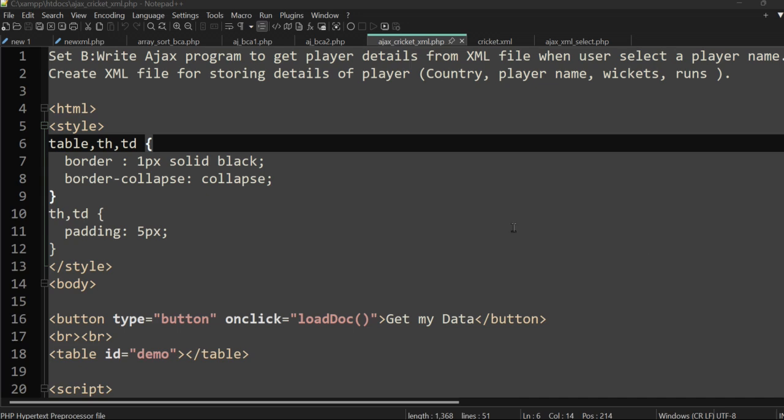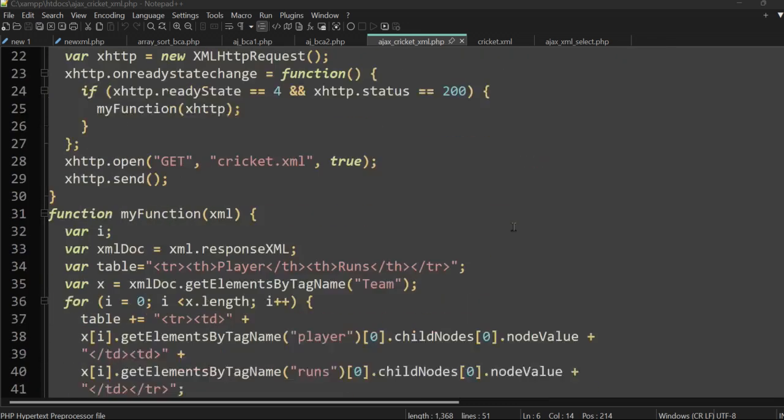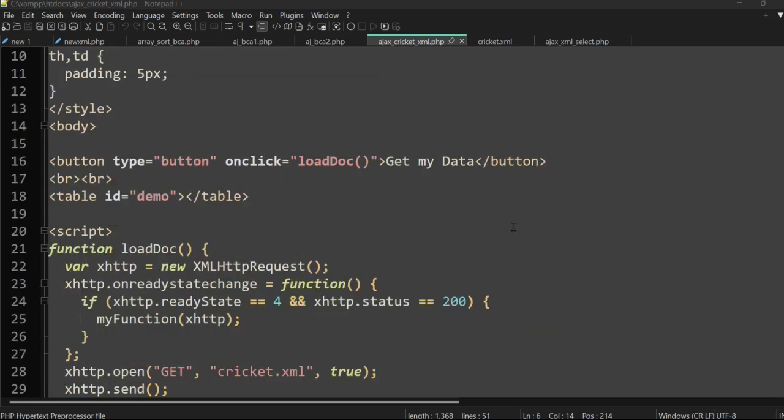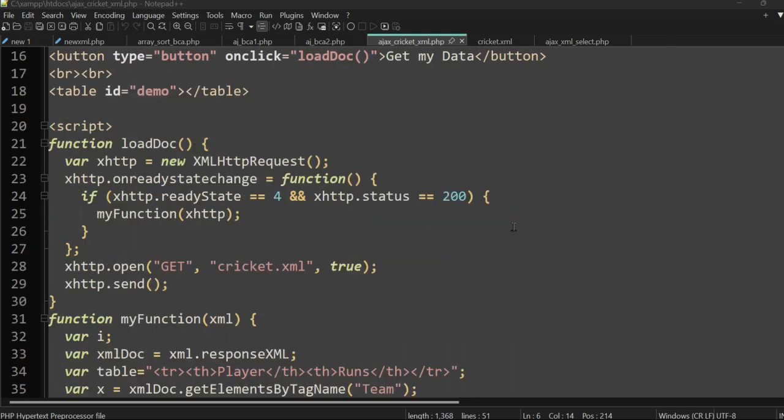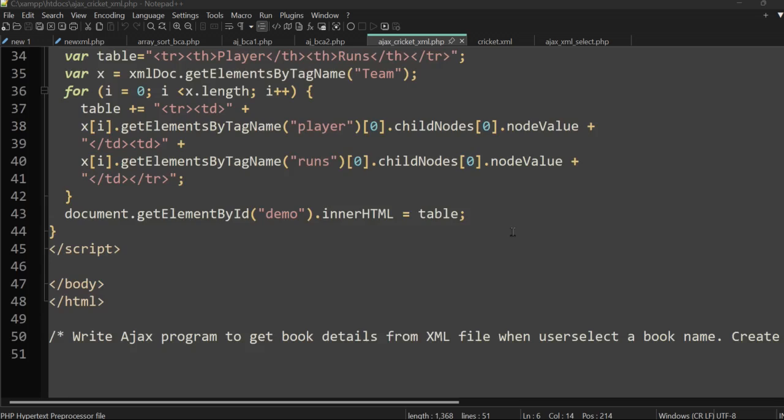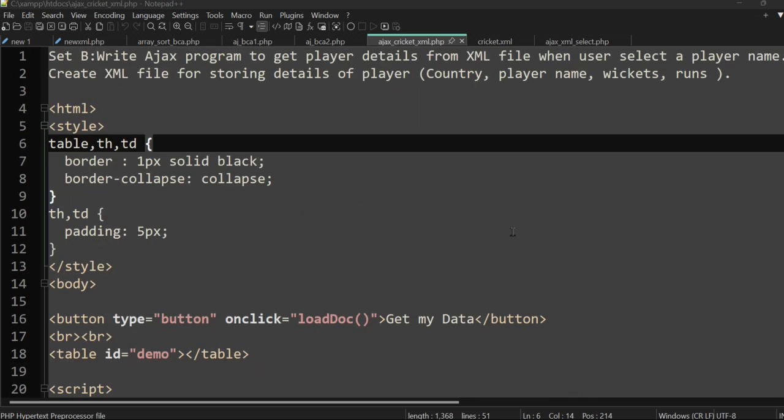Today we are having a topic on Ajax, which is PHP and using an XML file. This program is an example of Ajax, which will print XML file details in tabular format. So let me introduce the basics of Ajax that are helpful for